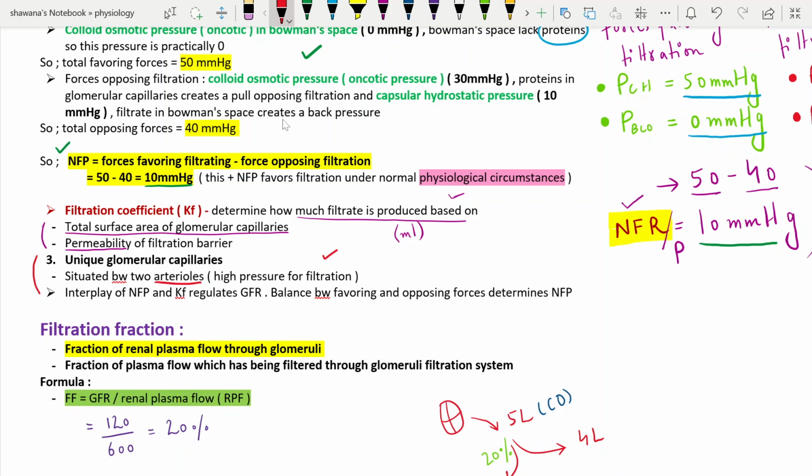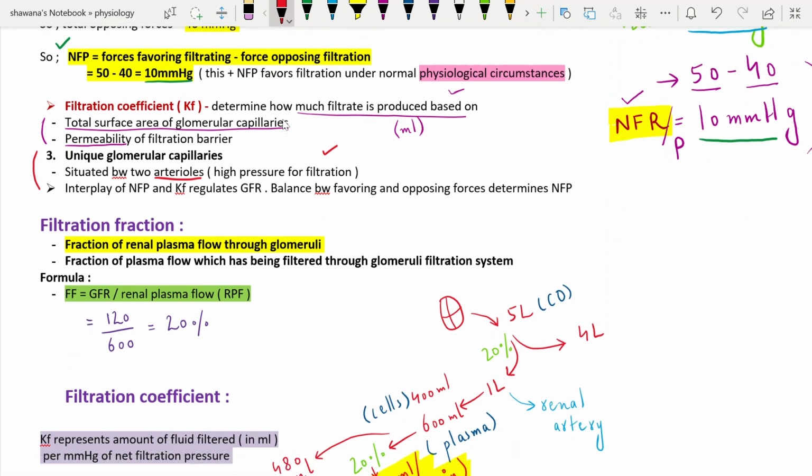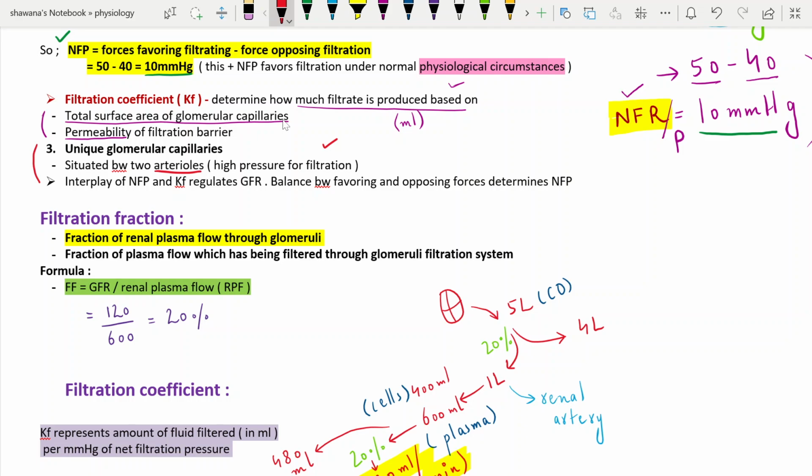As I've discussed a little bit, the filtration fraction, as the name suggests, is the fraction of the renal plasma flow through the glomeruli. It means that fraction of the plasma flow which is being filtered through the glomerular filtration system. Just focus on the term fraction and you will understand the definition: that amount of the plasma that is being